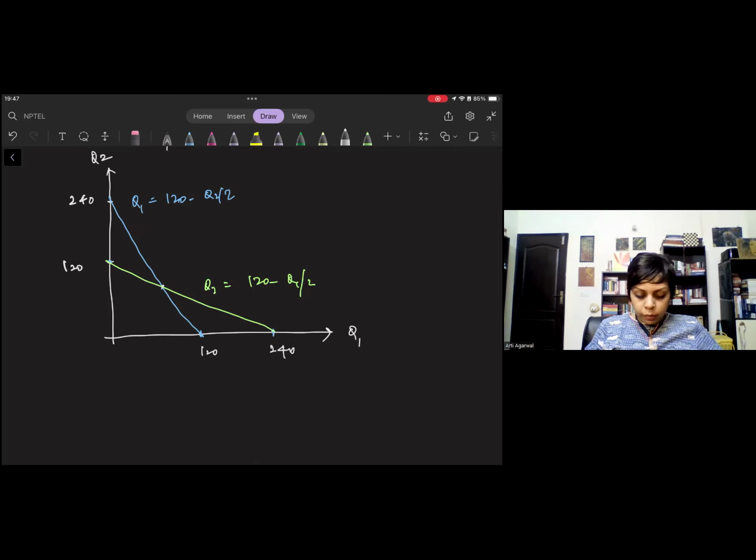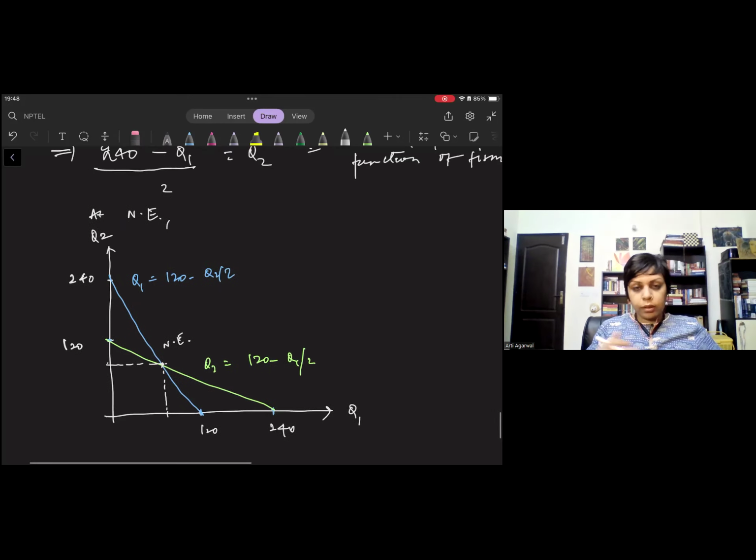So at the point where they intersect, that is the point at which you have an equilibrium, because both are giving their best response to the other's best response. One is giving the best response and two is also giving the best response. So both are at an equilibrium. Neither can improve their own lot by moving away from this point. So this is the Nash equilibrium point.